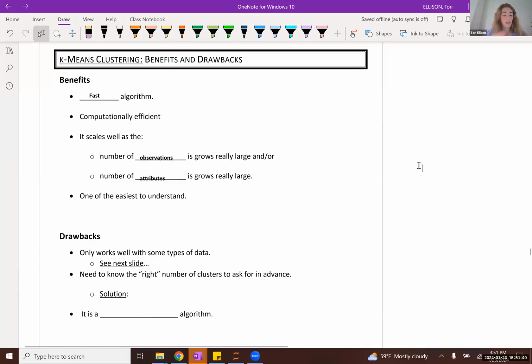And there's another reason why it's often introduced, especially at like the stat 100 level. So we talk about it in stat 107. It does tend to be one of the easiest clustering algorithms to understand. So that is a nice benefit, not just if you're a student trying to learn how an algorithm works, but also if you are a data scientist and you're trying to explain how an algorithm works to, let's just say, your boss or your client. So the more explainable an algorithm is, the more trust you essentially develop with that boss or with that client, which has a whole slew of beneficial aspects as well.